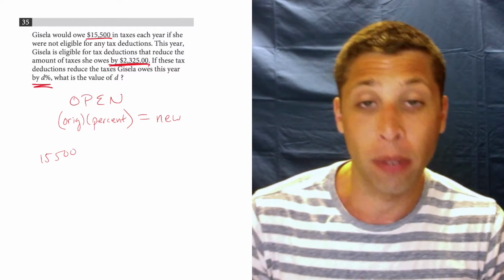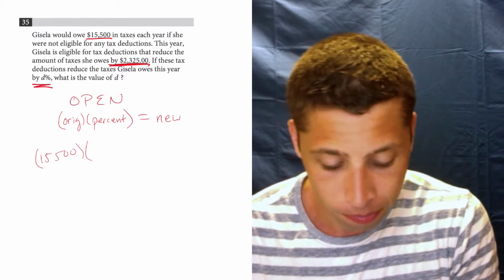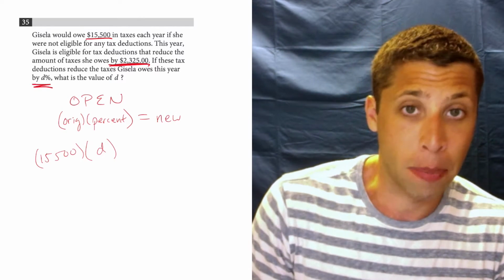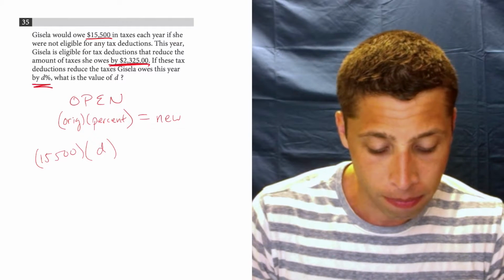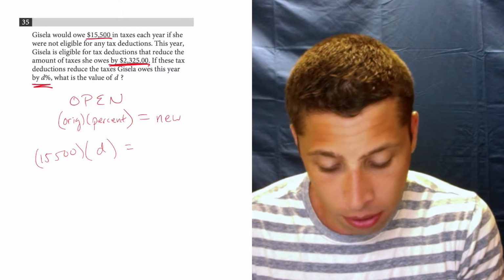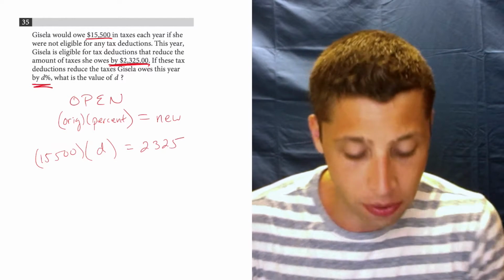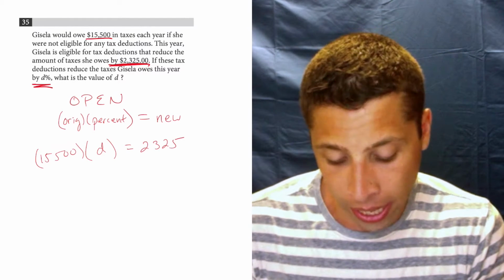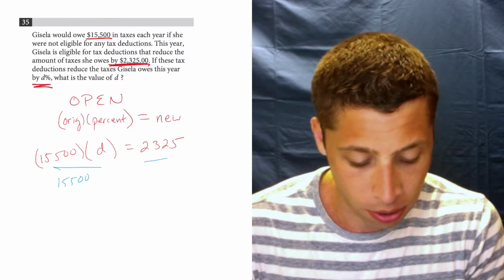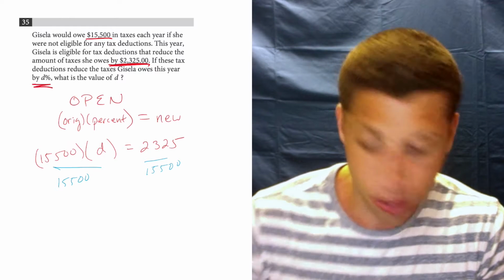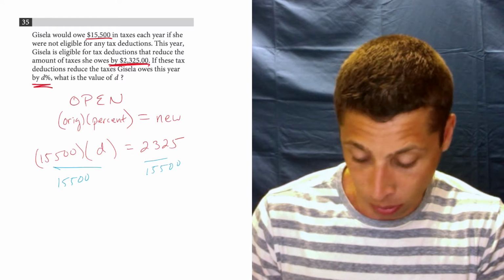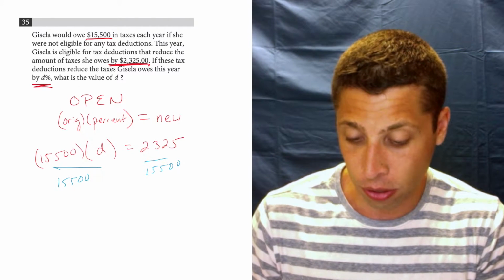15,500 is my original. That's pretty obvious. The percent is the D that I'm trying to find, so I'm going to keep it as D here. And the new value is 2,325. So you can see that we're going to end up dividing here to get our answer, by 15,500. I would absolutely use the calculator, no reason not to. So 2,325 divided by 15,500 is